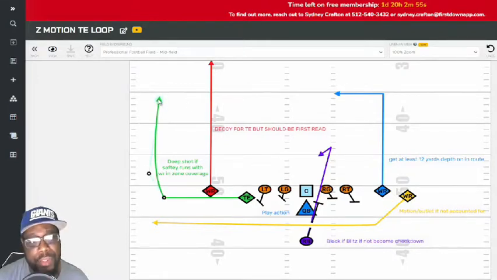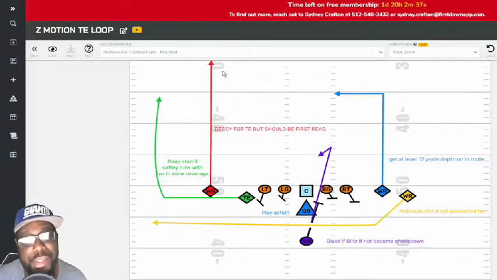You can put it over the top of them, because this is really a decoy route to pull the free safety or strong safety right here, to pull him with him. So normally this would be Slayton. Slayton will be right here, because Slayton will be on the deep route because he has the speed